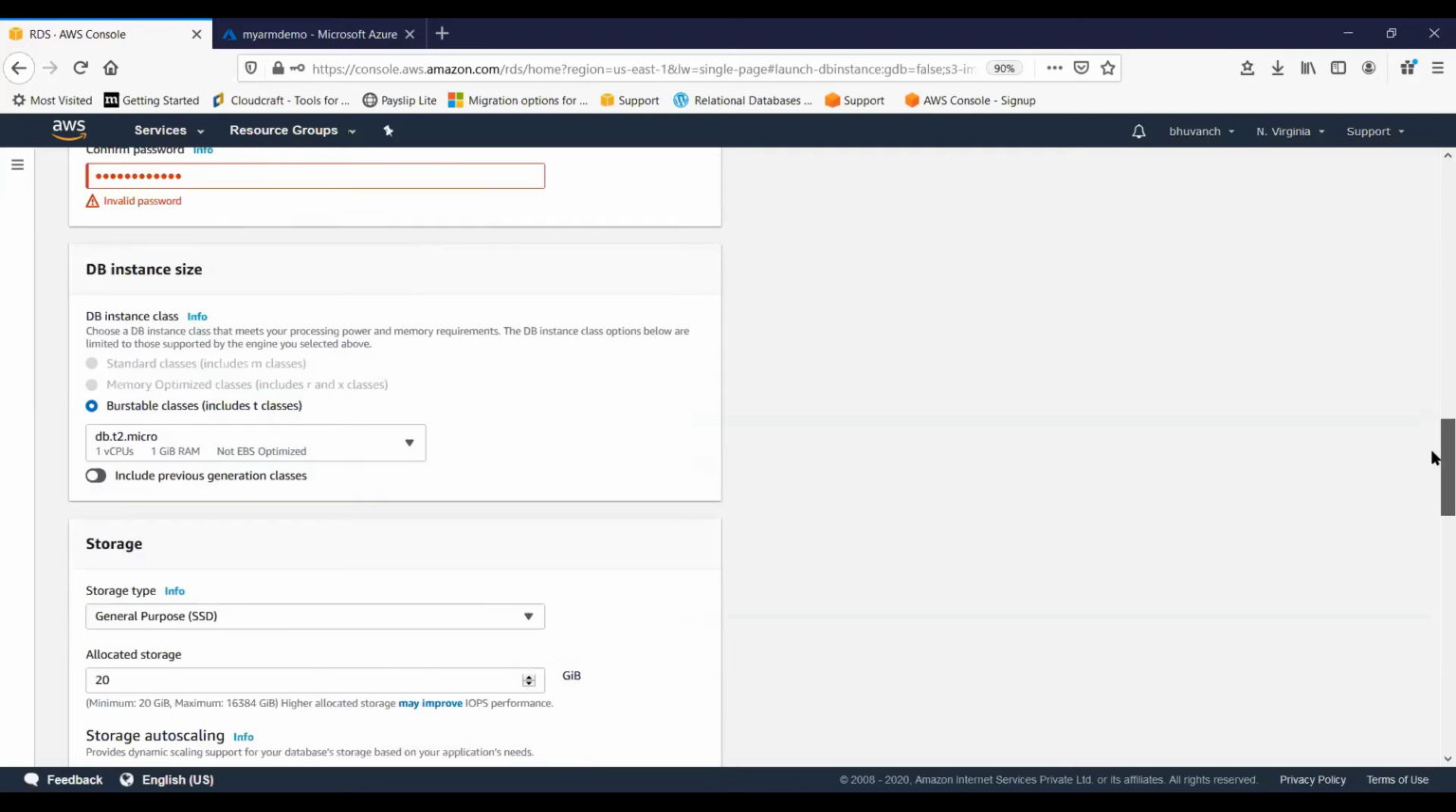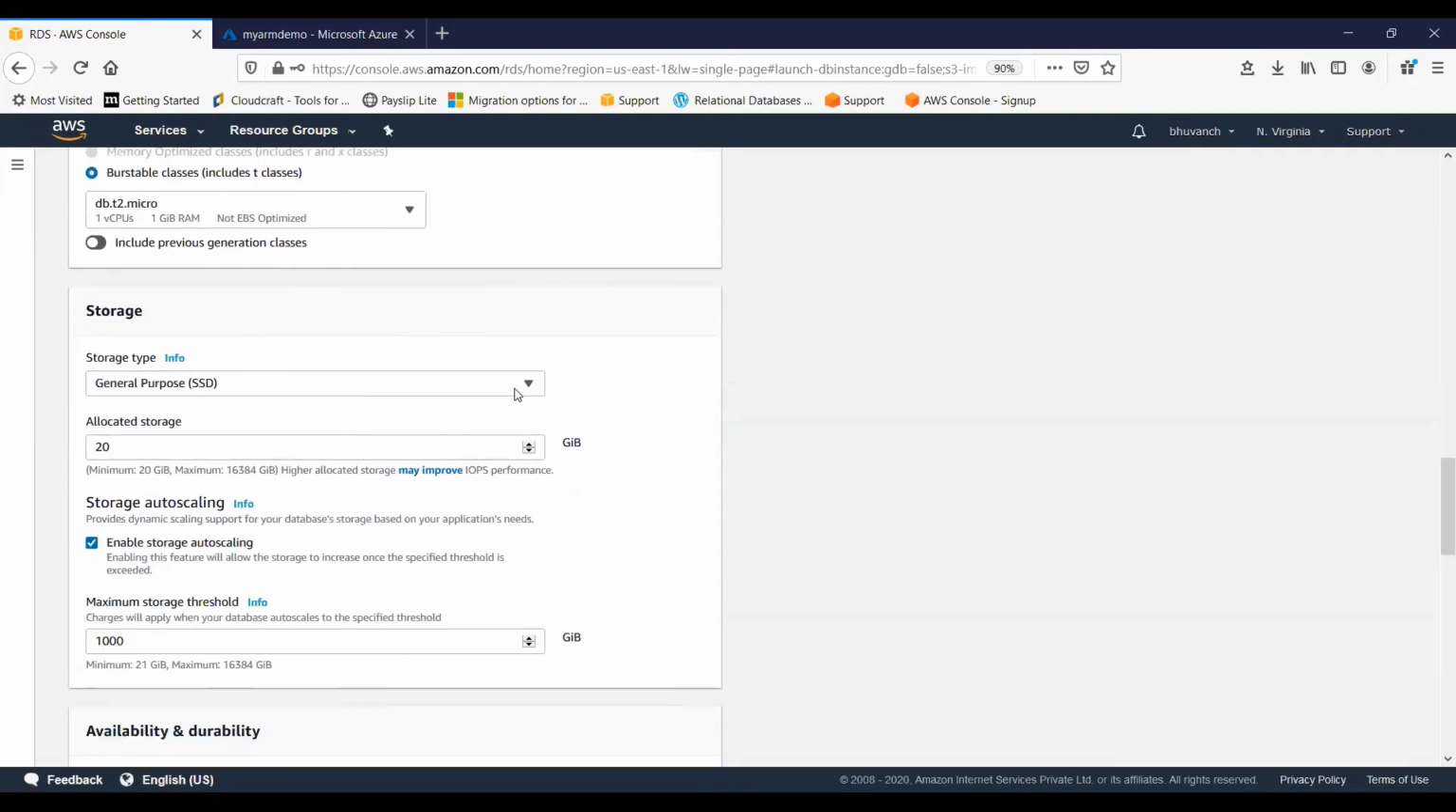Okay. Then the storage, you can have either general purpose SSD or provisioned IOPS. We'll stick with the general purpose SSD, but it will be chargeable. And currently we are putting 10 GB of storage, and the maximum you can go is 16,384 GB. And the more storage you allocate, the better IOPS you will have. And once that is done,